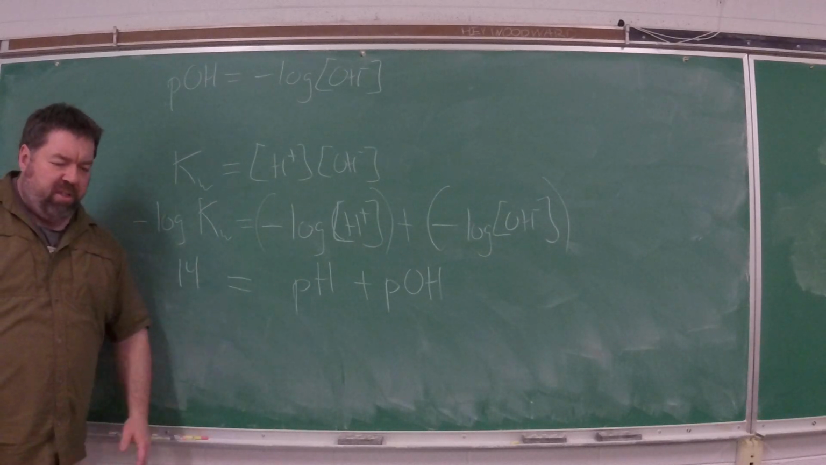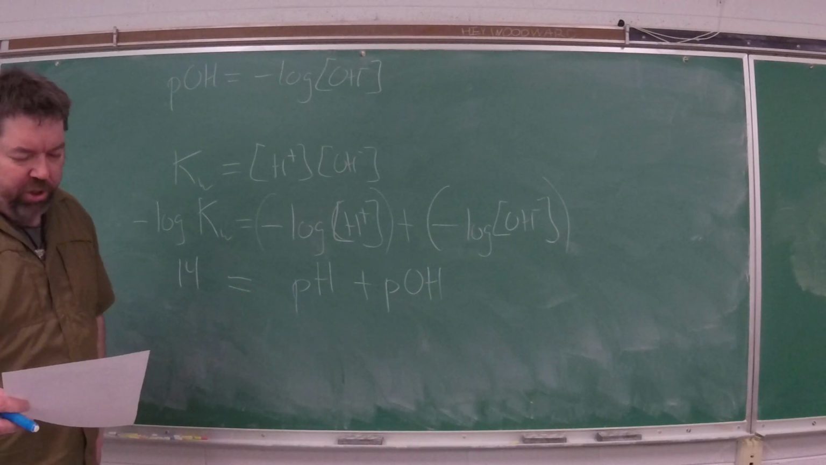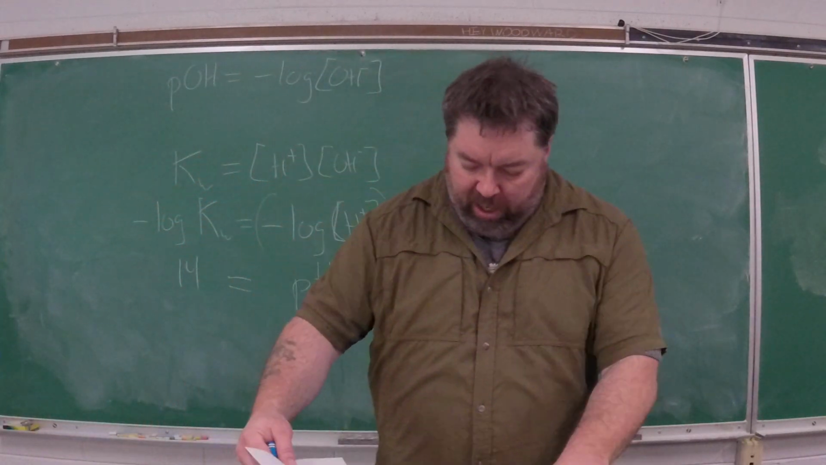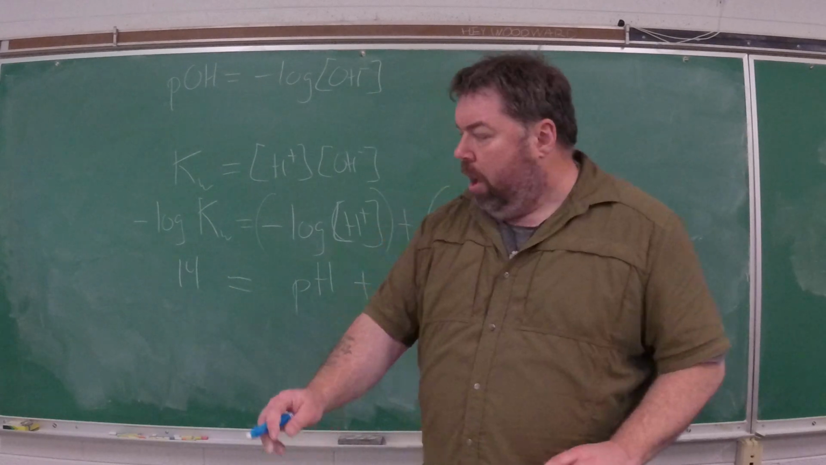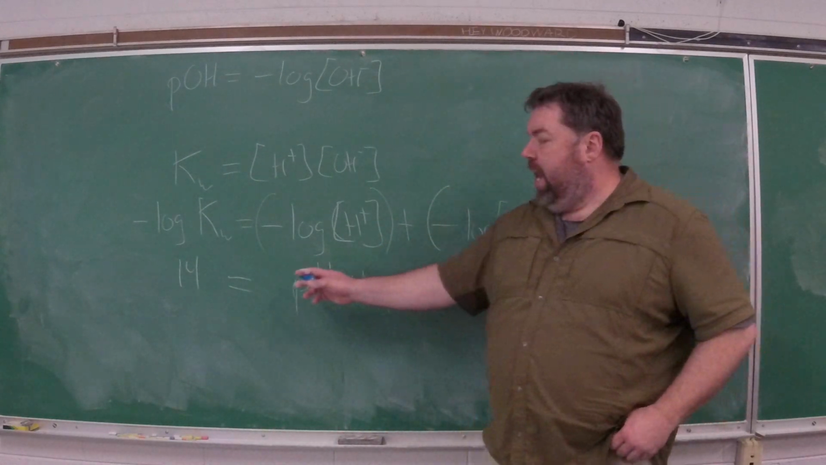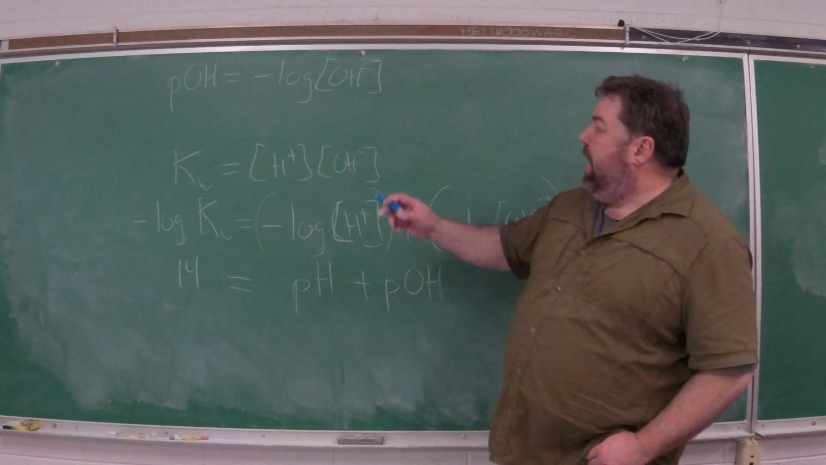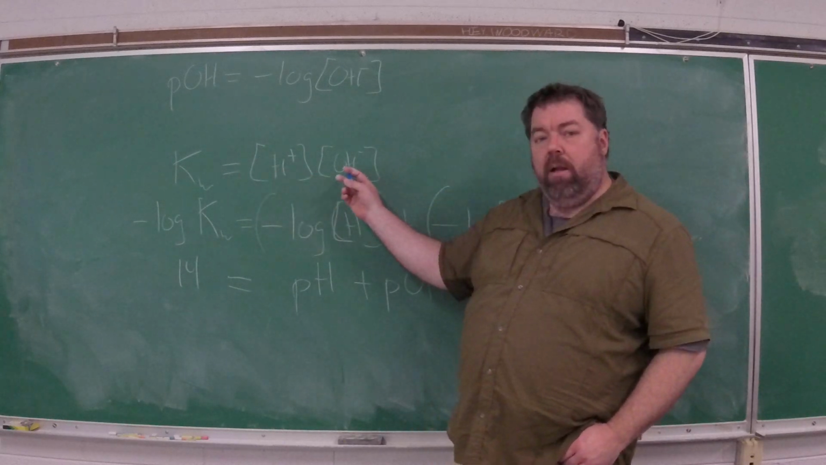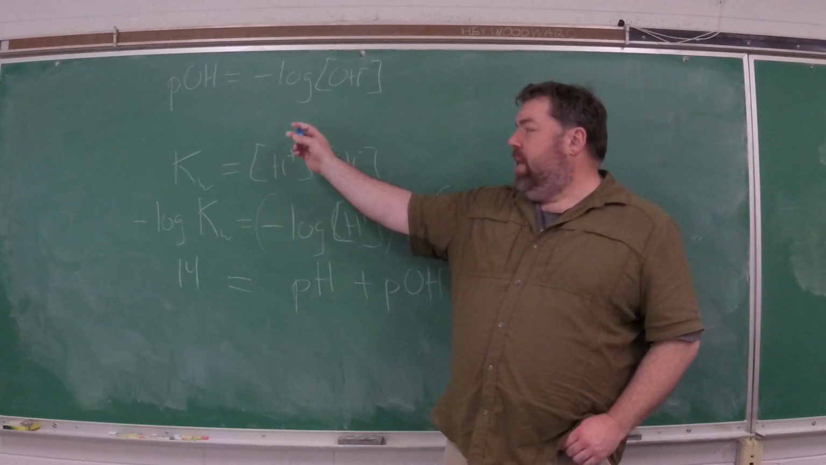And again, we've used this in some problems, and I might have one, so we'll go over this. But we have pH plus pOH equals 14, and this is all related to Kw, because as your H plus concentration increases, this